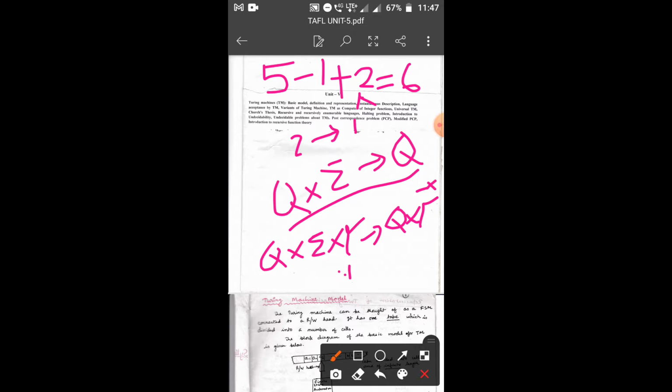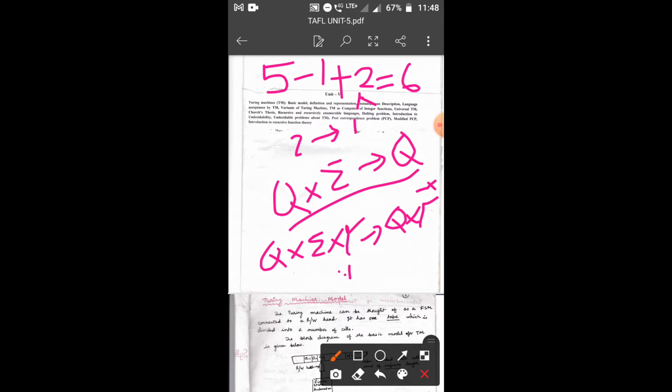There will be an output string corresponding to the given input string. So the output string may have a different set of alphabets, and the input alphabet set has a different set of characters.